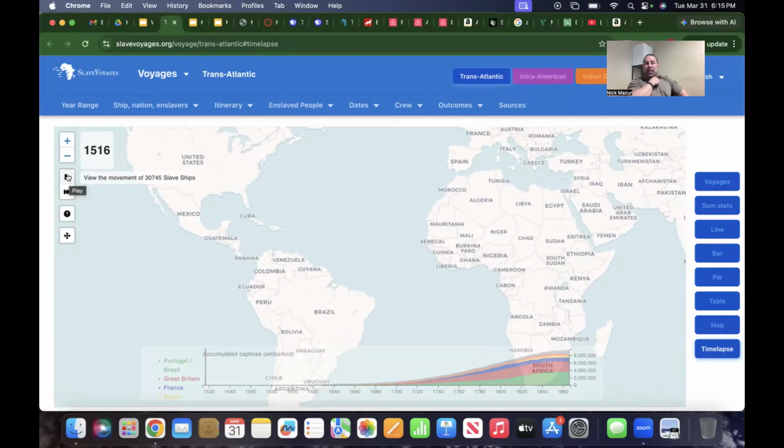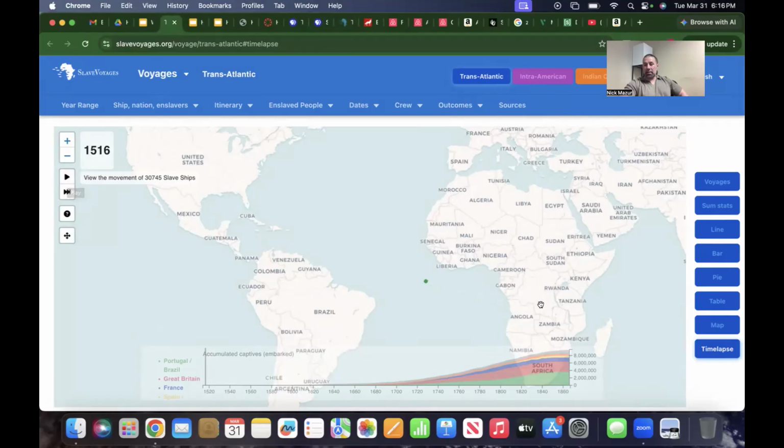Okay. This is a platform that you can use, which documents the slave trade that was happening between Africa, Europe, and South and North America. And what you can notice here is that it gives you the date. And then you're going to see these little dots that are basically traveling from areas in Europe and the west coast of Africa to someplace in the islands. So you see the year, it's 1516. I'm just going to press play so you can see the little dots as they travel.